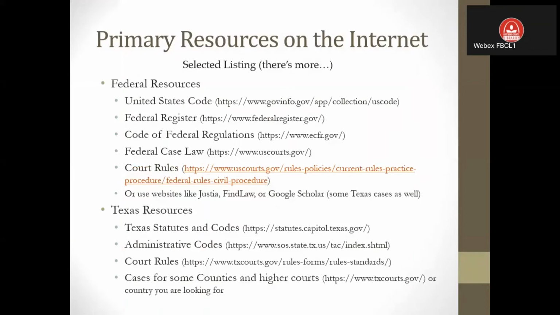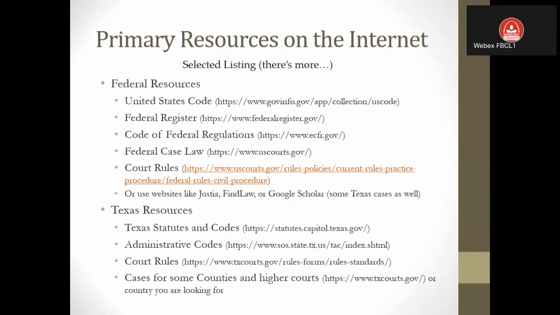So primary resources on the internet, again, these are things that you can get access to with their website addresses attached here. Federal resources: United States Code, the Federal Register, Code of Federal Regulations. The United States does a real good job of having their primary law on the internet, including their case law.